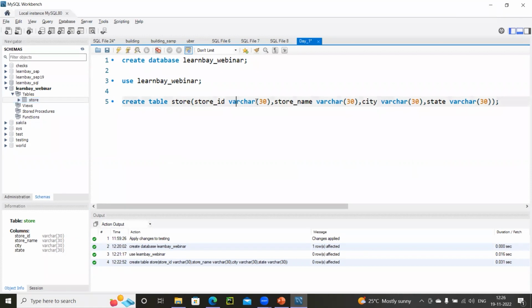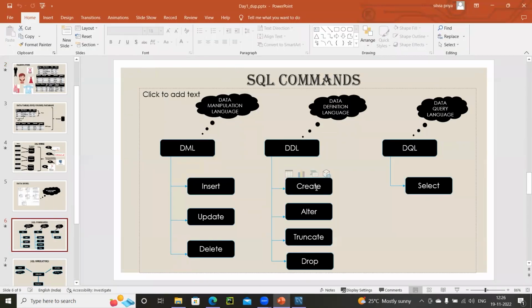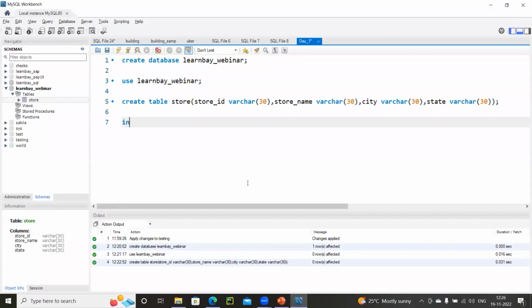Okay. Now I will start inserting values inside it. So we are done with our very first create command. Now after creation, I'm going to insert some values. How to insert? Insert into, what is the name of your table? These are syntaxes which you have to remember. If in case you're thinking of what these statements are, these statements are going to help you to insert values inside the table.